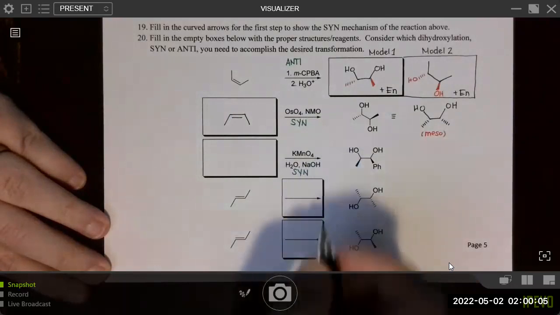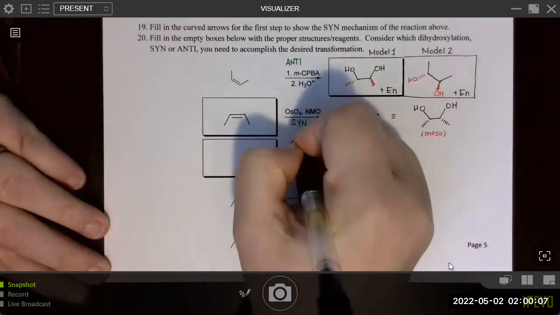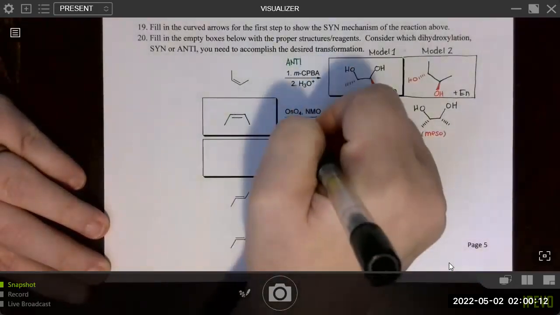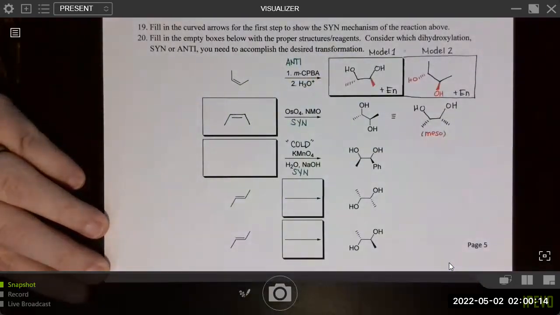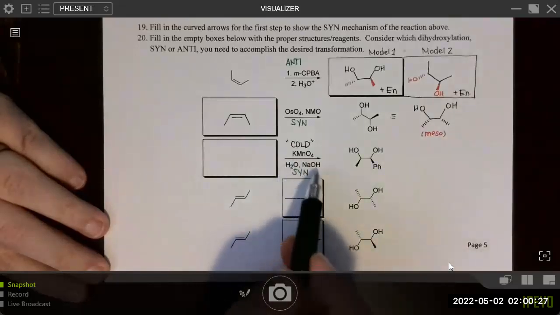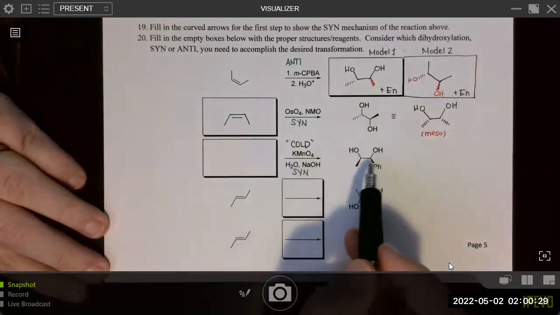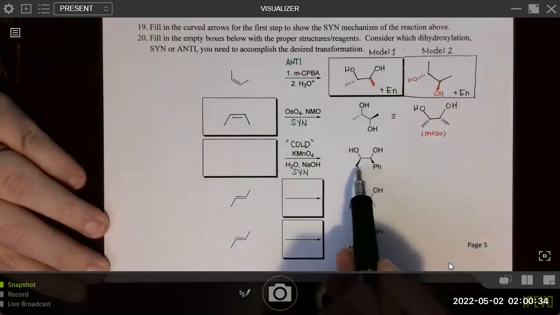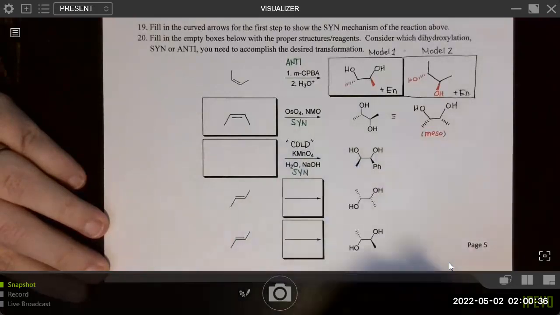Potassium permanganate, this reaction has to be done cold, right? However, if it's kept cold enough, potentially it can work to do the same thing osmium tetroxide can do, although it does suffer from more side reactions. So it's a little less synthetically useful. Okay, so we know that this underwent syn addition, right? This is nicely drawn as we would draw a product from model 1, which means those are on the same side, so they should have started out on.